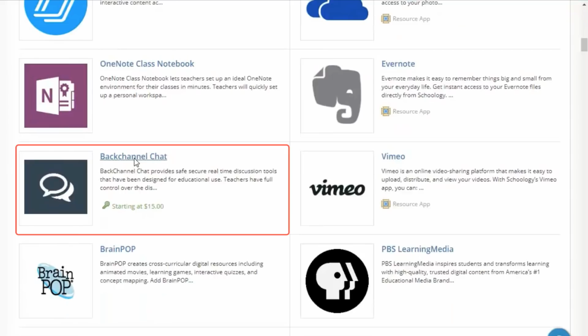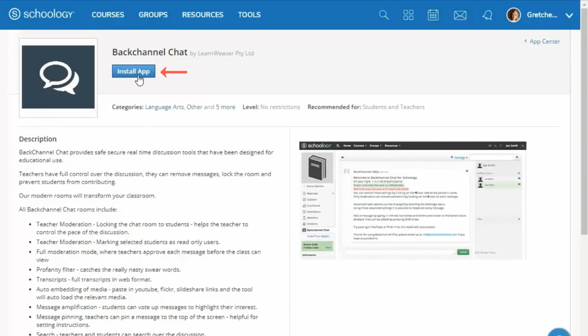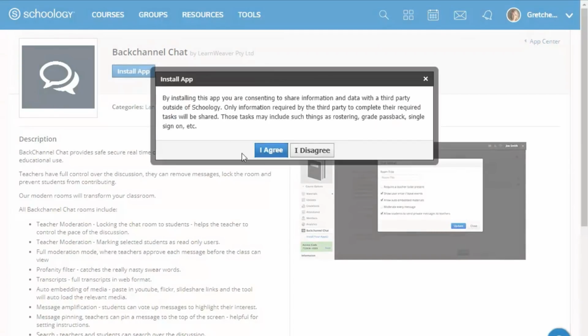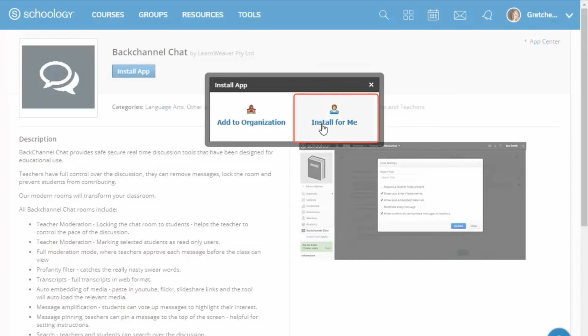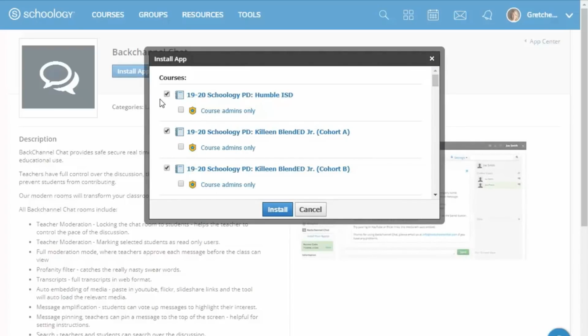By clicking on the title here, it then takes me to the app's information, and you'll notice just below the title of the app, there's a blue button that says Install App. If this has not been pushed out to you by your district people, this is where you can come in. You can select Install App. You can select I agree, and then you'll select Install for me. From here, you just want to look for the course that your students are enrolled in, that you're going to have them be jumping into